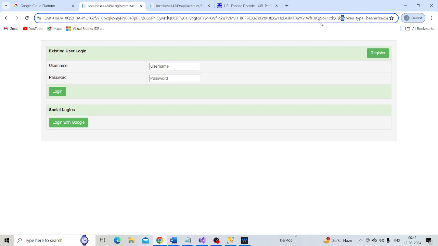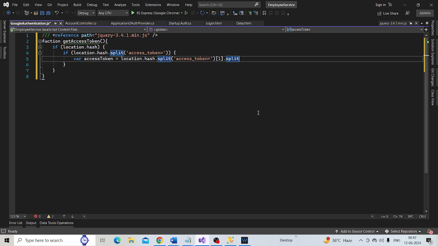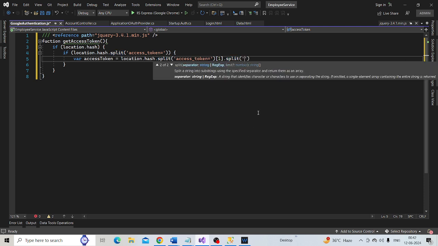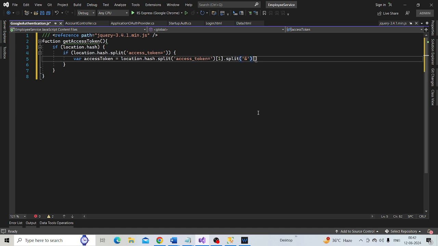So we want to split it at that point. So let's split it using ampersand, and let's take the string at index position 0. So this is going to give us the access token.